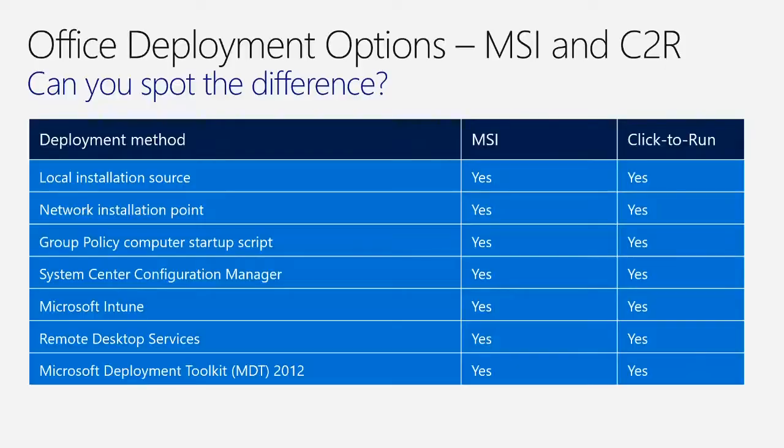So one of the things, I kind of put this slide up, and it's probably straightforward for some folks. Other folks have probably not seen these. What we try to do is show what the different distribution mechanisms are between MSI and Click-to-Run. So if we look at MSI as a whole, everybody's been doing MSI deployments for a long time. It's the typical kind of deployment methodology that we've used. If we look at Click-to-Run, you can see here, it supports local installation files, network installation. You can use software distribution tools to deploy it.